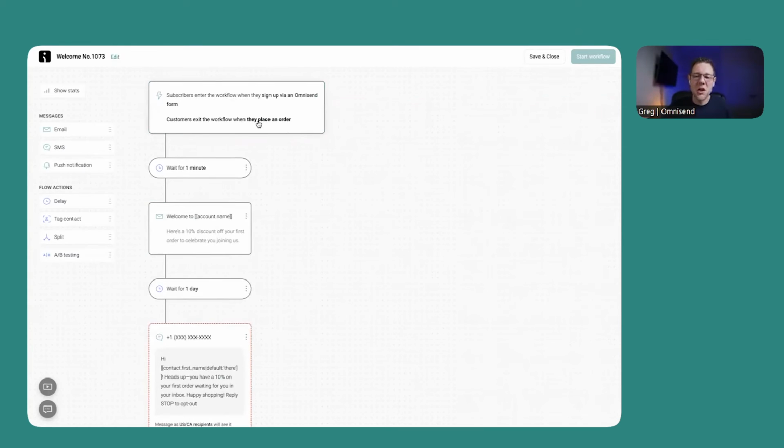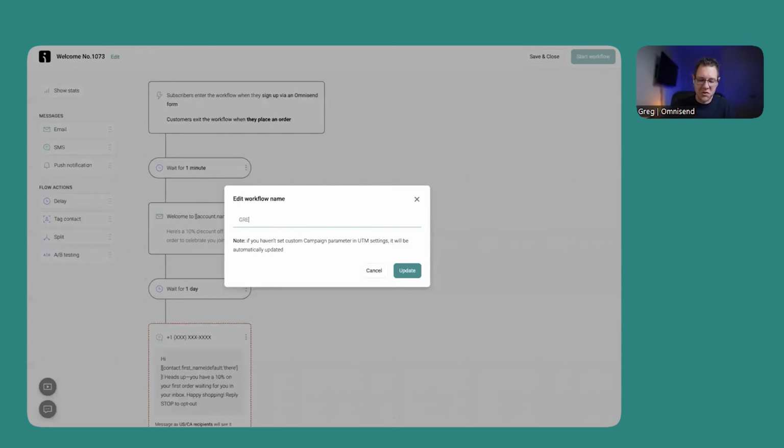In this case, they're going to come in when they abandon a checkout, or I'm sorry, welcome. They sign up for a form. I don't even know what I'm doing here. Let's change the name of this to Greg Test Delete